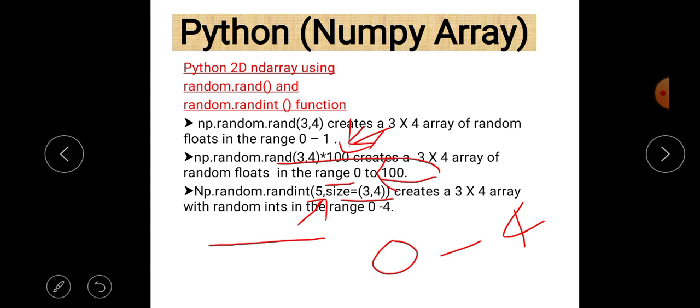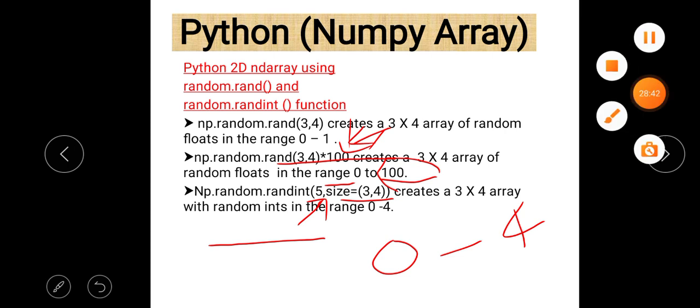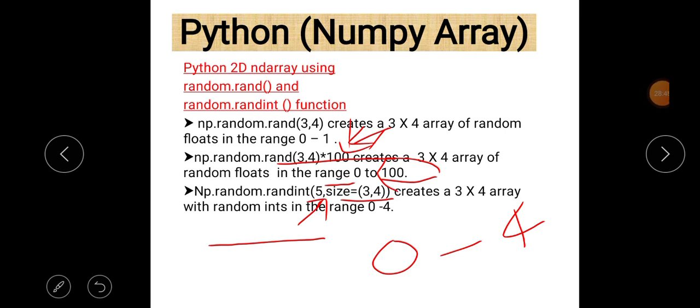So np.random.randint gives you an array of 3 rows and 4 columns in the range 0 to 4. If we write 6 in place of 5 here, then the range is 0 to 5.